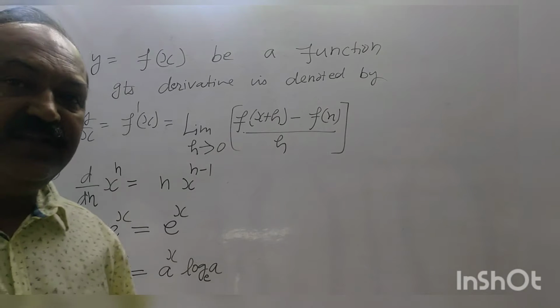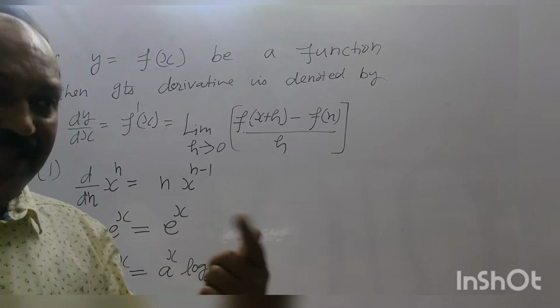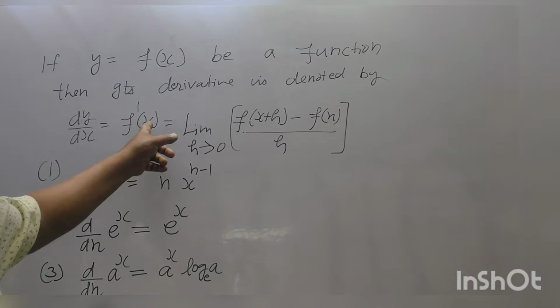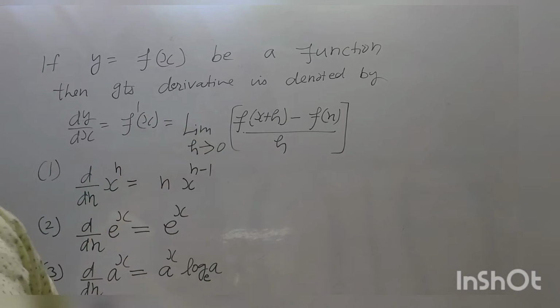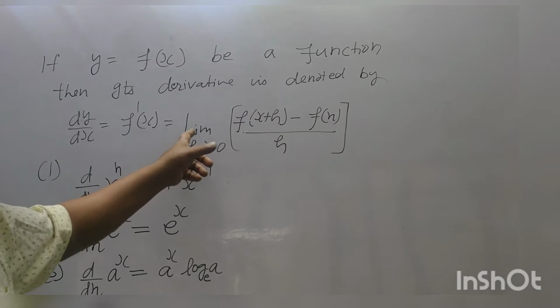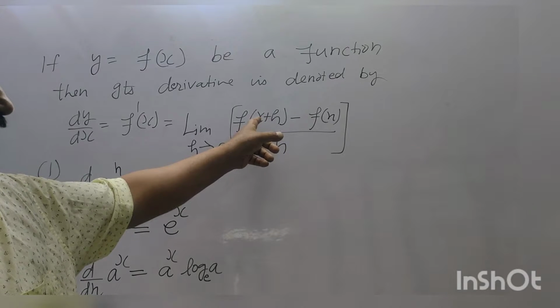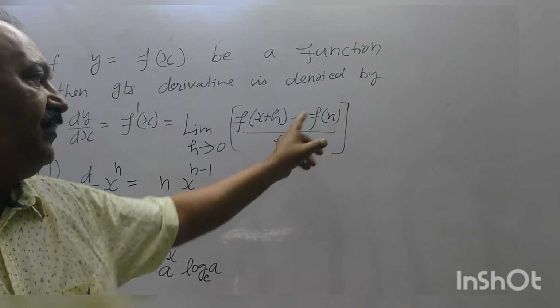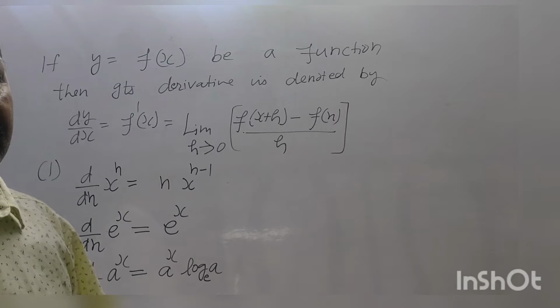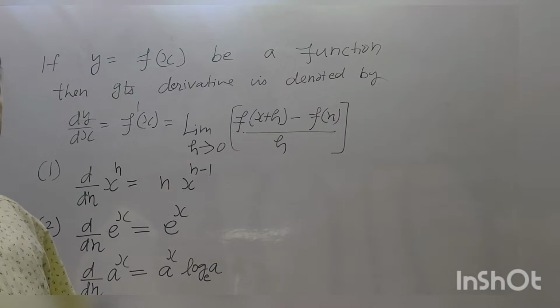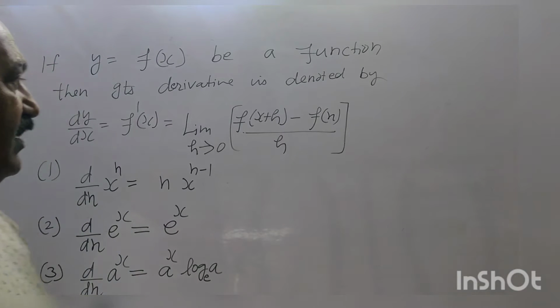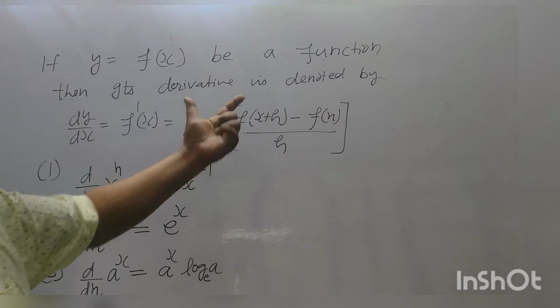If you have to find the derivative of a function at any point a, then putting x is equal to a, you can find the derivative of a function at any point a. f dash a will be equal to limit of h approaches to 0 f of x के स्थान पर a plus h minus f of a upon h. This case we have already discussed in +1 class. Find the derivative of a function at any point a by first principle, and this is the procedure.